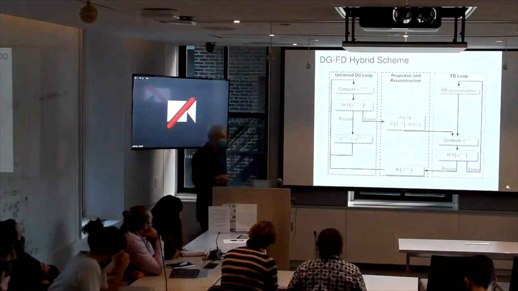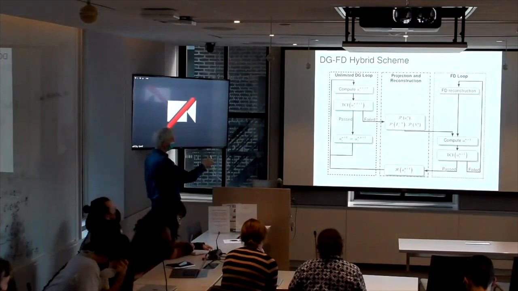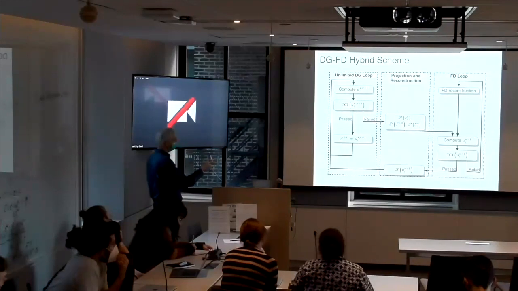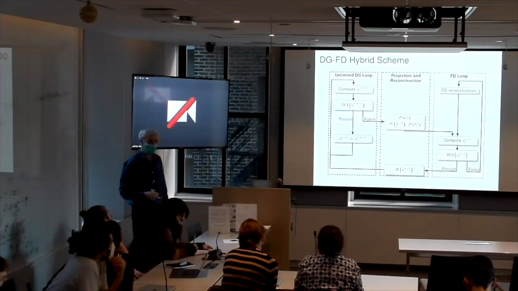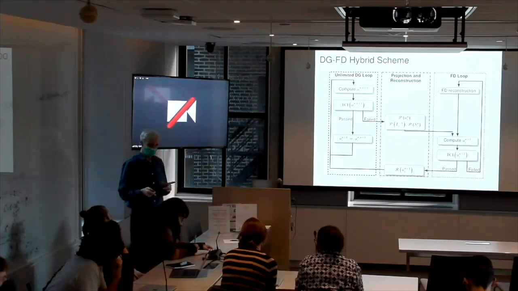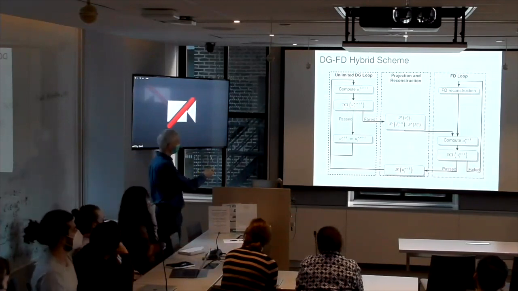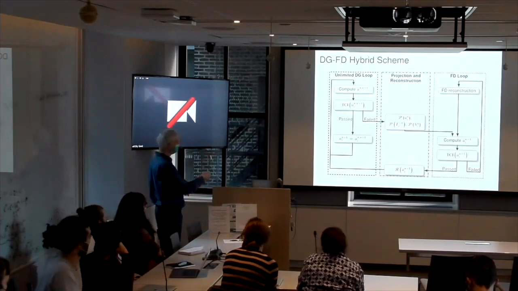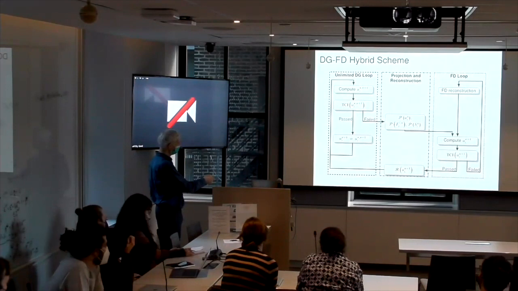All right, so what's going on is you try to do DG. So you start with, you compute, this is at time n+1. You then check it. So TCI stands for troubled cell indicator. That's your psychotherapist who diagnoses whether this solution has too many oscillations or gives a negative density or something. If it succeeds, you don't apply any limiters, you just accept it as the new step and go back and